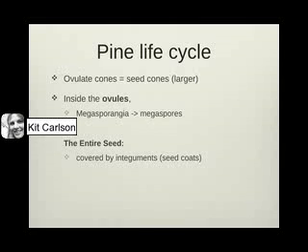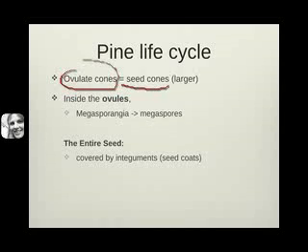So recall we said the pines were heterosporous. That meant they produced 2 types of spores. And so we talked about the male spores, and now we'll talk about the female. So these are produced on the ovulate cones, or the seed cones. These are the cones that you're probably most familiar with thinking about when you think about pine cones. And inside the ovules, there are megasporangia,